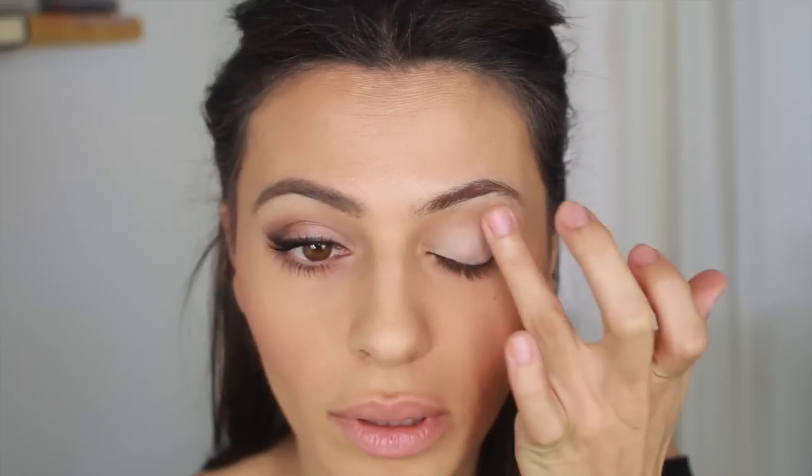So that is it for my face. My foundation, blush, bronzer, all of that is on. I'm going to move on to the eyes. So I've got one eye done. Now I'm going to do the other. I'm going to start out by applying the Benefit Stay Don't Stray Primer, which is my favorite. And I pretty much always just apply this with my finger